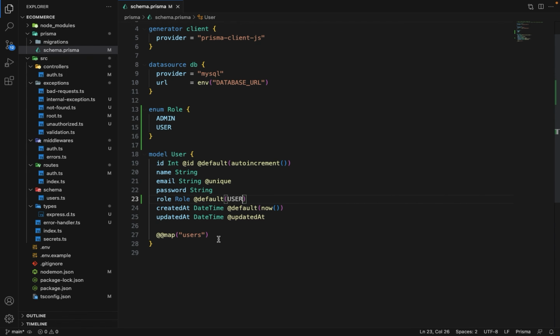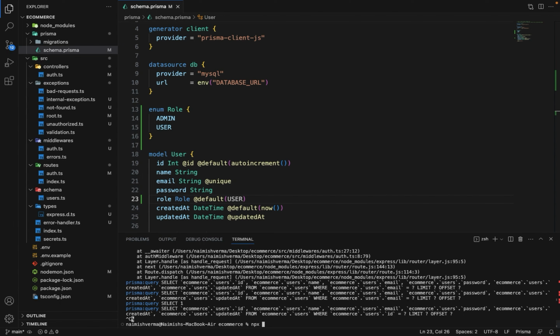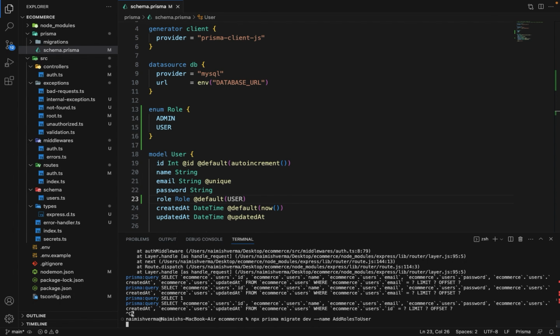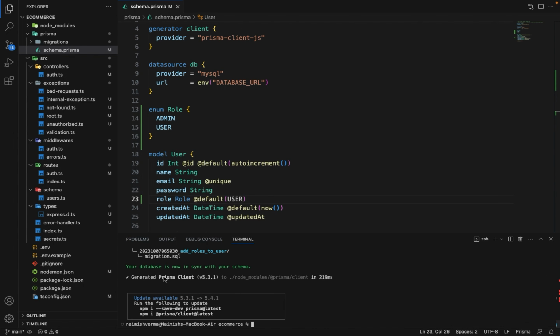So this is how it works. Now go to the terminal and create a migration. So let's quit this and we'll say npx prisma migrate dev, and we will give it a name of add roles to user. Okay, so it's done. Now let's run the server again